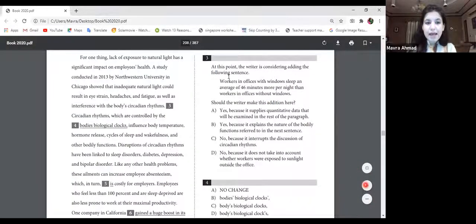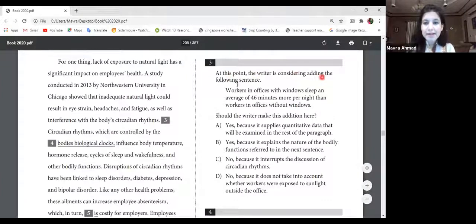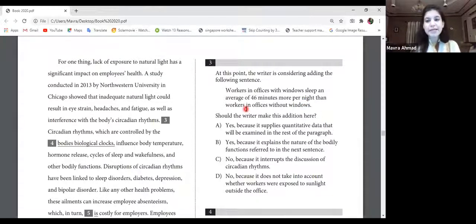Question number 3. At this point, the writer is considering adding the following sentence. So after number 3, the writer is thinking to add this sentence. Workers in offices with windows sleep an average of 46 minutes more per night than workers in offices without windows. अब यहाँ पर बात हो रही है कंपैरिजन की कि ऑफिसेज में जितने भी वर्कर्स जो है उनकी विंडोज होती हैं वो ज़्यादा अपनी उनकी स्लीप एवरेज ज़्यादा होती है एज कम्पेयर टू वर्कर्स हु आर नॉट वर्किंग इन ऑफिसेज